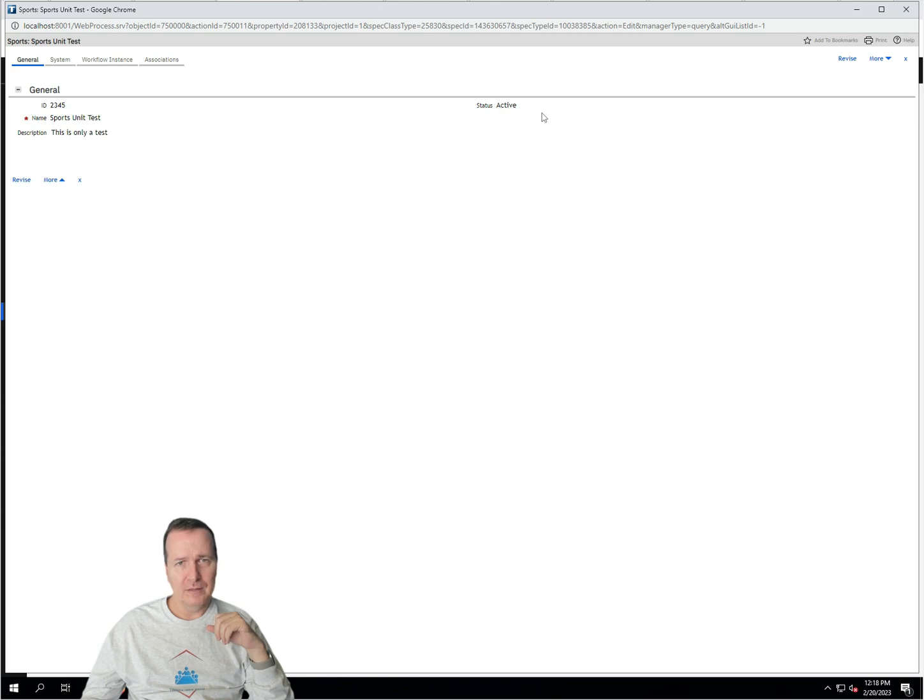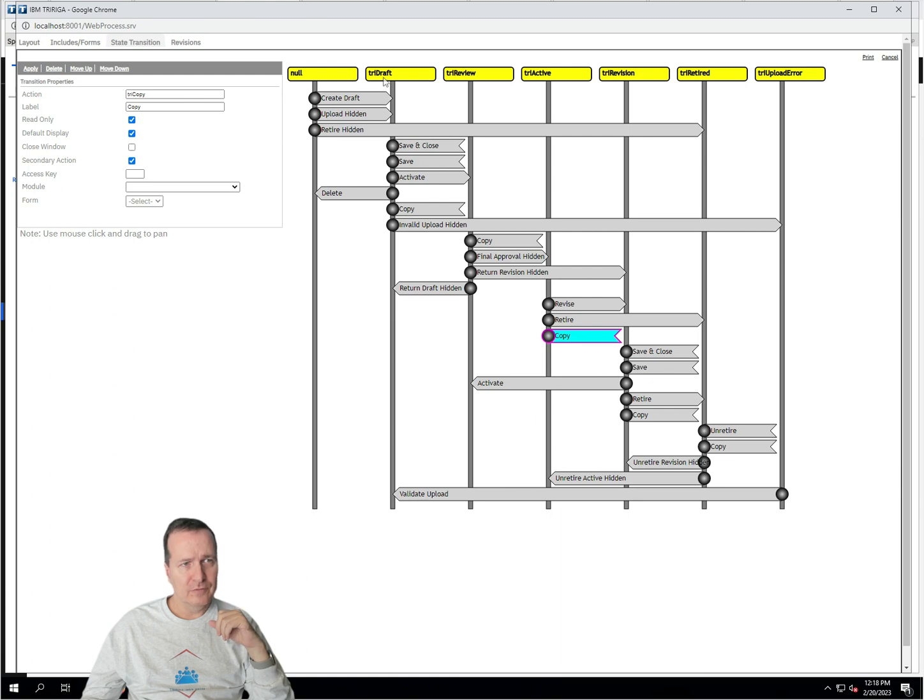We'll hit copy, and that's going to act like a save. It's not going to change statuses or states. So we've tested the null, try draft, try view, try active. We just need to finish testing a little bit on try revision